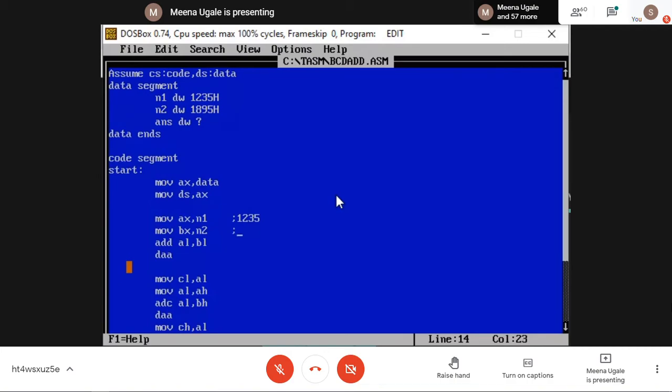Then the second number I'm having is 1895. Then addition of AL and BL means 35 plus 95. This answer will come here, which was CA.